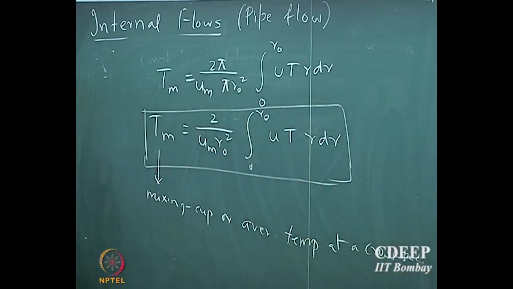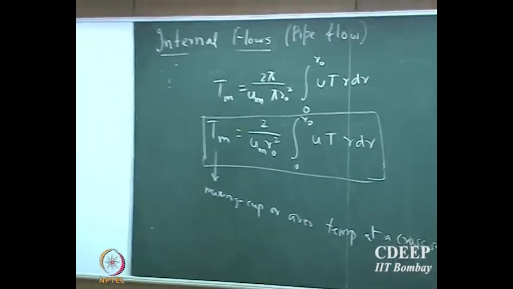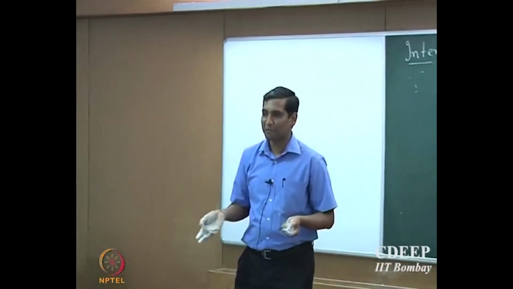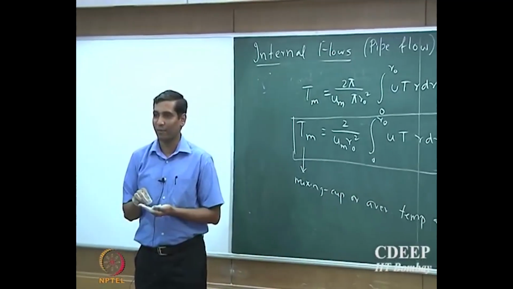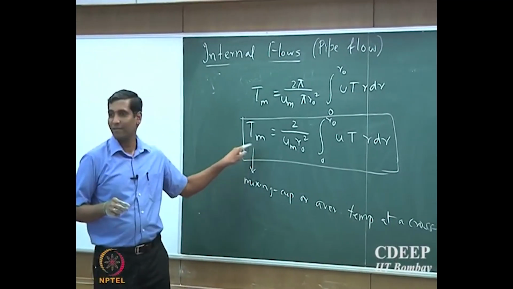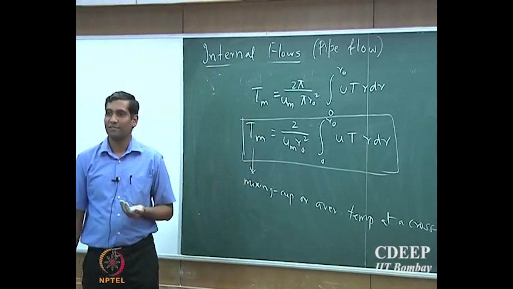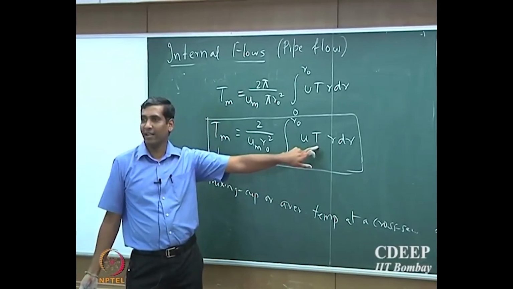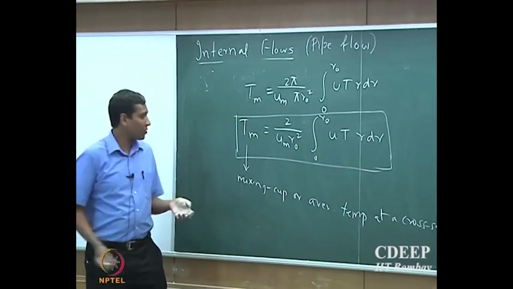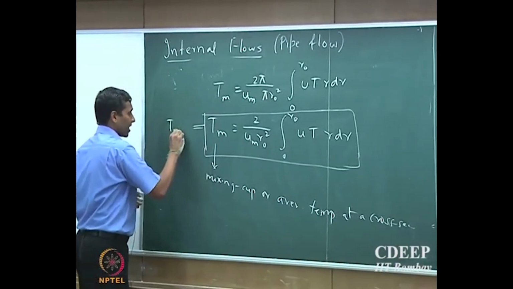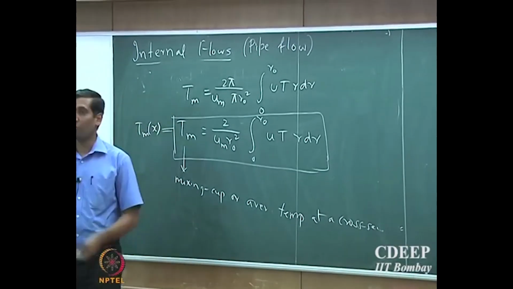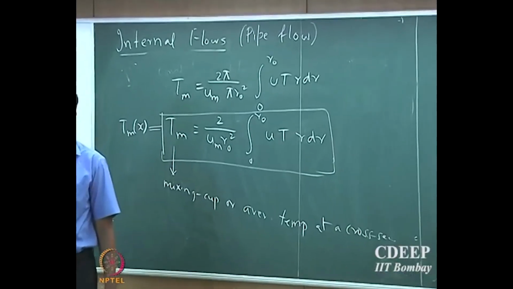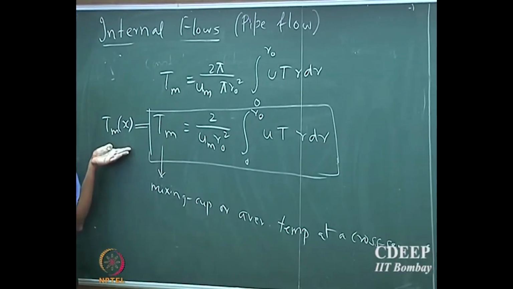Is this a function of x position? No. Why? Doesn't matter whether it is constant flux or constant temperature. Is this constant with respect to x position? Depends whether T is a function of x and r, right? So this integral is only a function of r. So this obviously has to be a function of x position. Unlike what we saw in the velocity boundary layer, the mixing cup temperature is now a function of the x